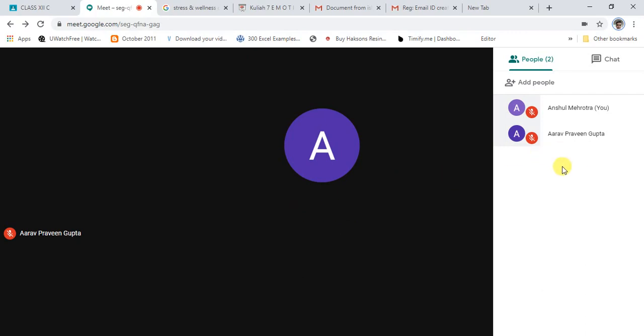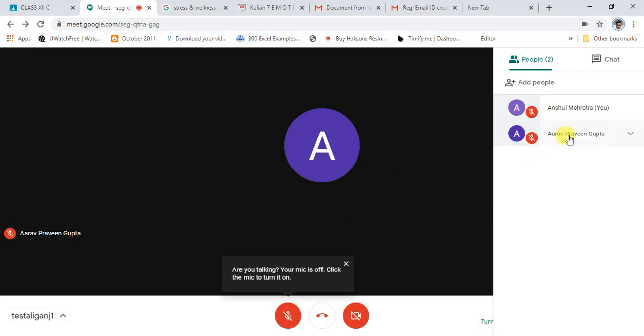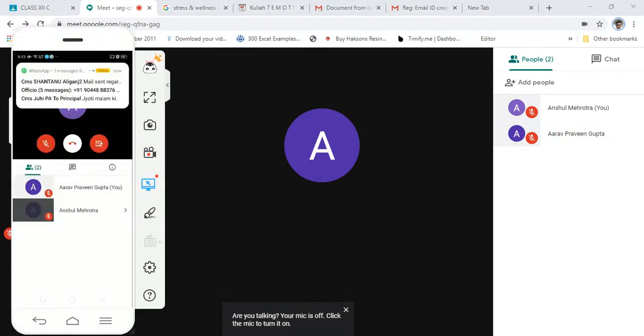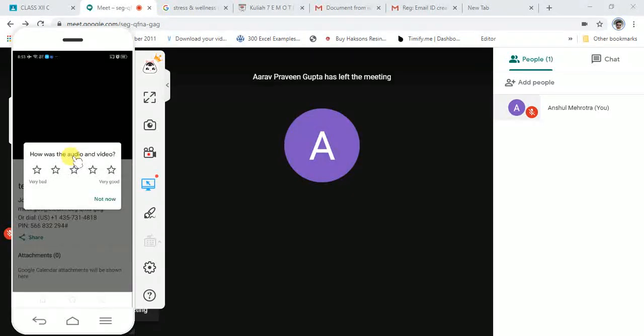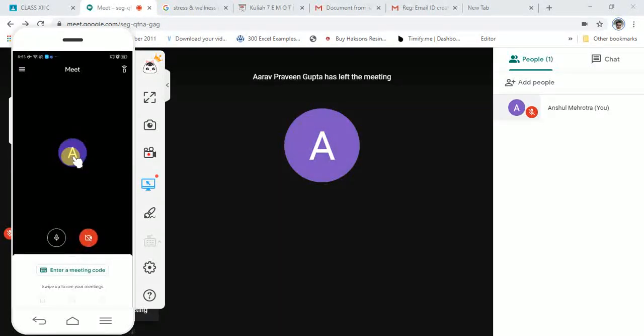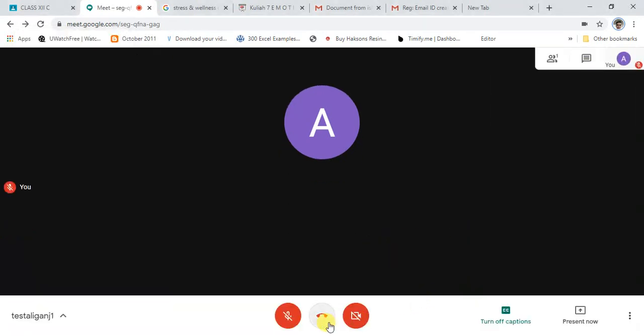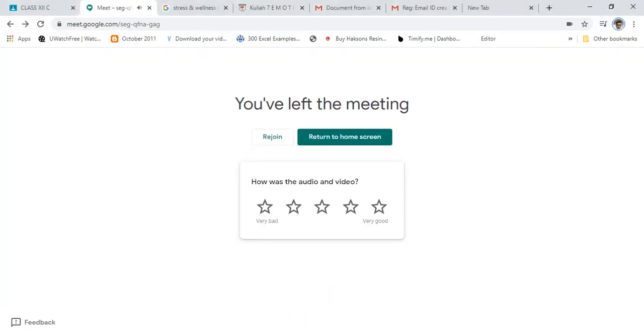Let's say this child is going to end this meeting. He'll click this red phone button. Now his meeting is over. As a teacher, when you see that only you are left, you can also end the meeting.